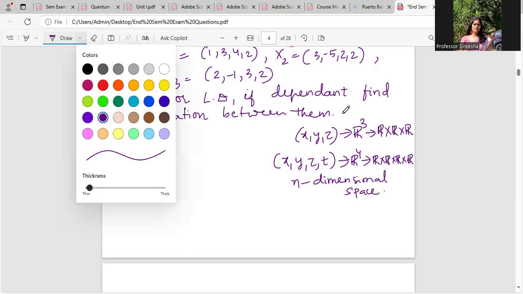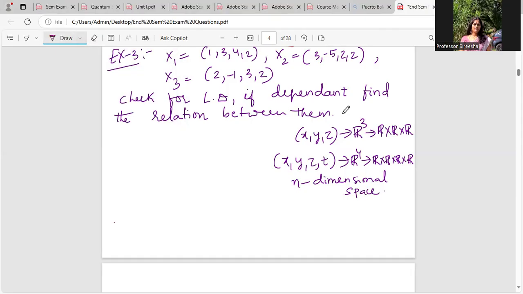And then again, I would like to discuss linear dependence and independence. What if there are four components in the vector? The same thing, I will start with considering the linear combination, L.C., the linear combination of the vectors when equated to 0. K1 x1 plus K2 x2 plus K3 x3. How many vectors are there? That many scalars only I will consider. The components in the vector don't decide the number of scalars. The number of vectors decides the number of scalars here.